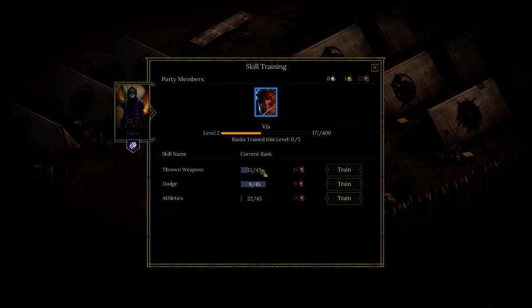Let's try boosting. I can only train 5 ranks. I'm going to boost athletics because I think that's used for more checks. Oh, look at that. It's going to level me a little bit too. And the price goes up. I can still afford to dump everything in athletics. I'm going to. Why the hell not? 7 little coppers. Ranks train this level. So I should try and train pretty much every level. This is starting to feel a little bit like Skyrim. I think if I train every level,